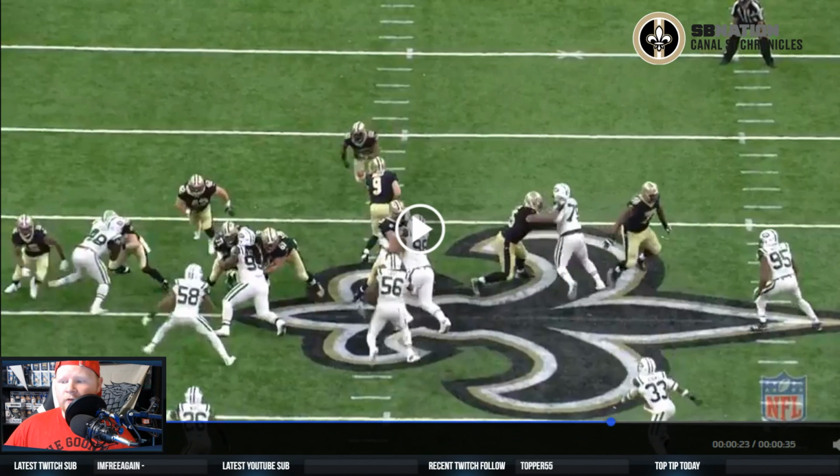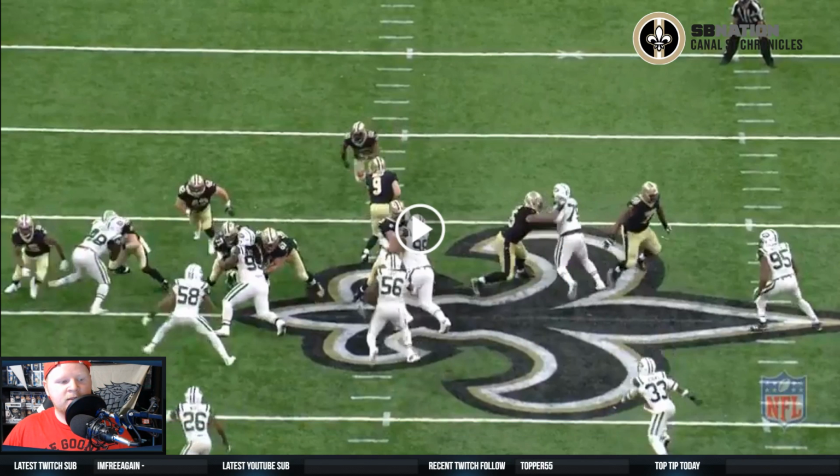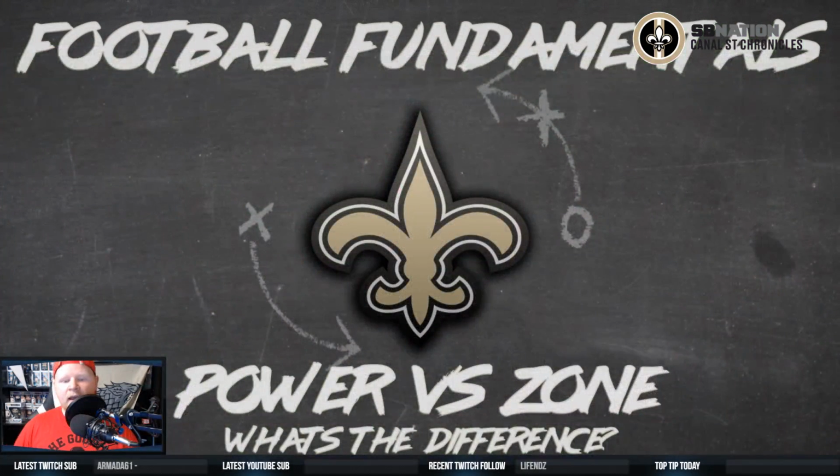And that's just an example of the differences. And it's a really basic example. Like I said, we're not going too crazy into this. But I had a couple people ask. And Mark Ingram,